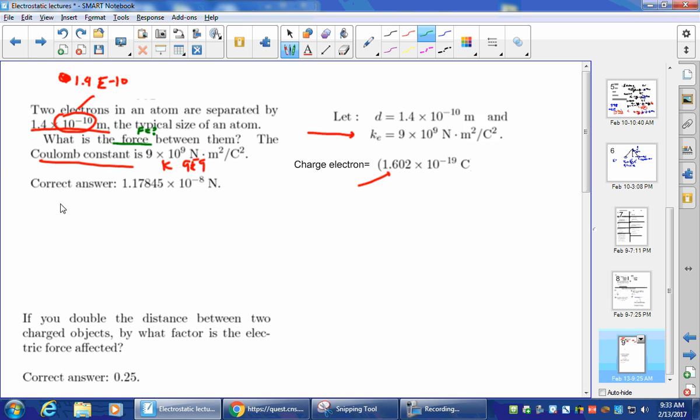Now, what force equation are we going to be using? We're going to be using the electrical force, right? So force electric is Coulomb's law. K constant times Q1, so that Q1 is charge 1, times Q2, which is charge 2, over the distance or radius between them squared, right? Now, what's important to note here is that since Q1 and Q2 are both electrons, we know that Q1 is